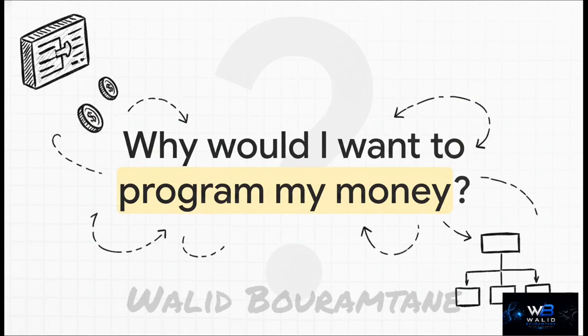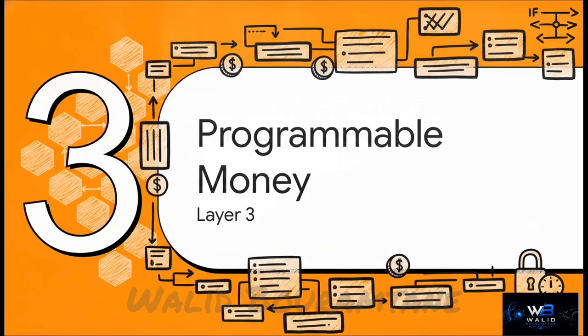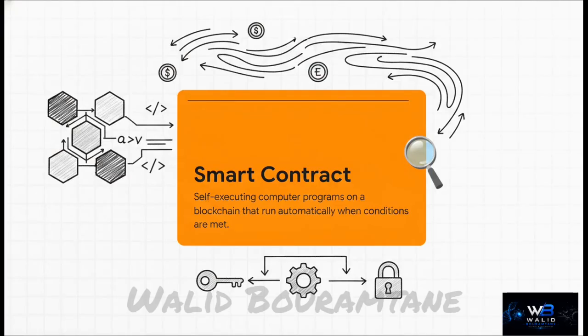But that leads us to a really fascinating question. Why would I want to program my money? I mean, if Bitcoin lets me own and send value, isn't that enough? Section 3. Programmable money. Well, while the original vision of cryptocurrency was just a peer-to-peer electronic cash system, innovators quickly